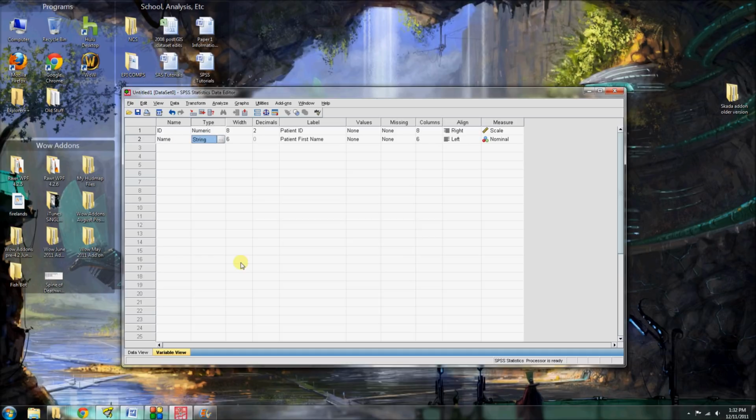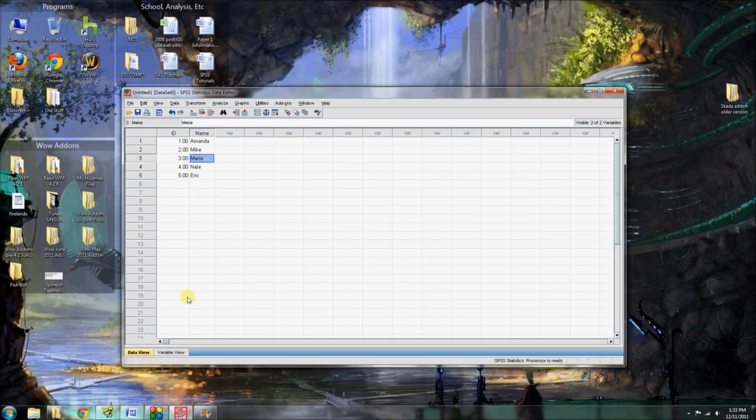The reason this becomes important is when you're working with SPSS and you're doing analyses, obviously you want to work with numeric type variables for statistics that are going to be running on numeric. Let's say like you wanted to get the means of a variable for height or age or something of that nature, you're going to want to make sure that you're running it on a numeric type of variable. Whereas if you're doing some kind of categorical system, you want to make sure that you're doing it on a string or some kind of classifying variable. So this is the data, this is the variable view, this is the data view, and it's very simple, very